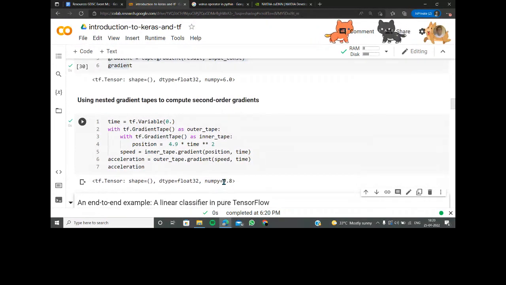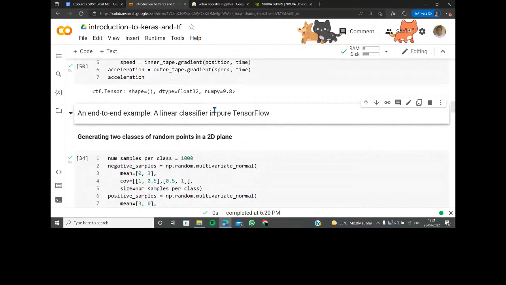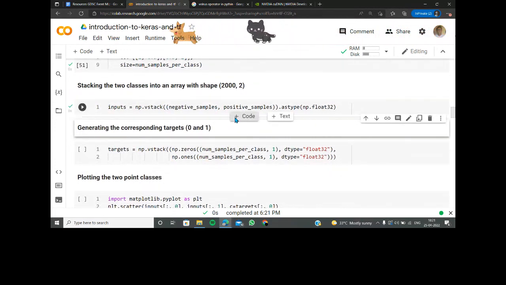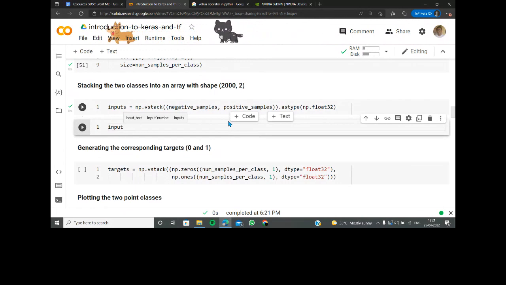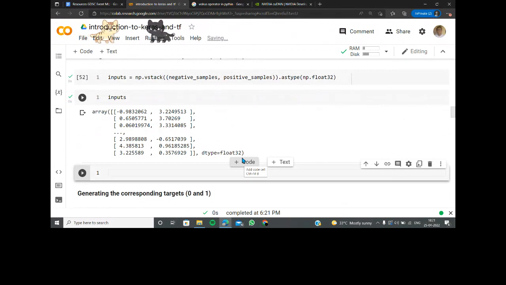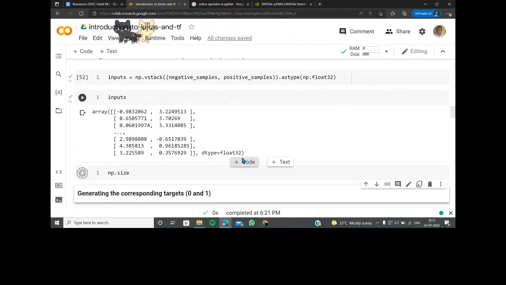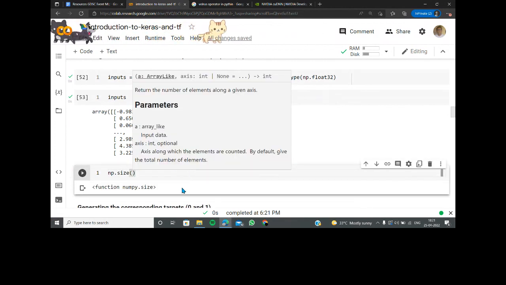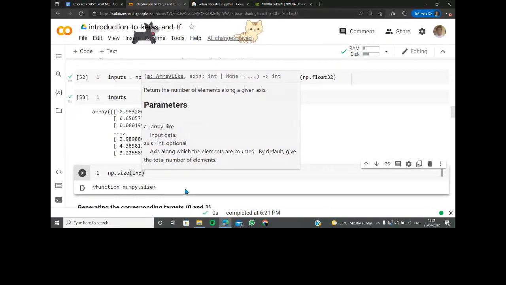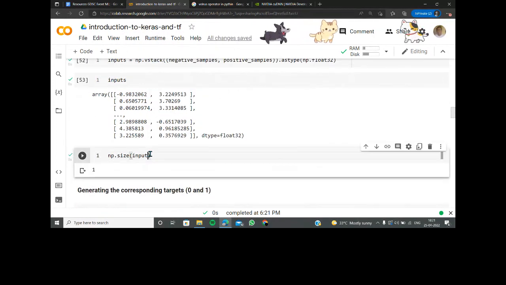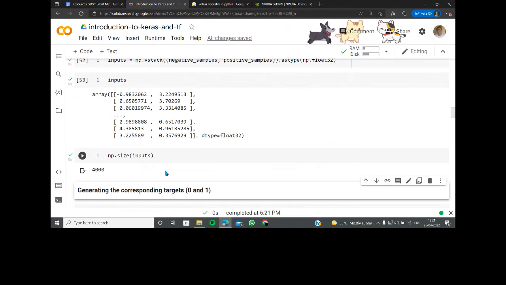Acceleration is also going to give you a numpy value of 9.8. Shape is going to be undefined. A float32 variable is going to be here. So perfect. If you now think about what the input is going to be, the inputs are going to be here. All these different inputs, and np.size of, oh sorry, the function is not giving out any memory variables. That's the best part about it. Inputs are 4,000 elements.